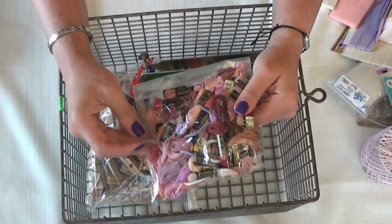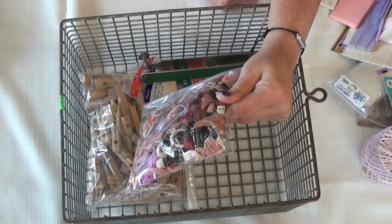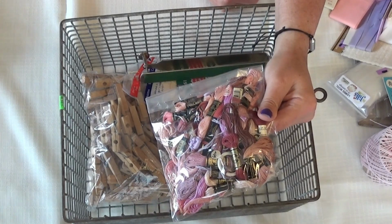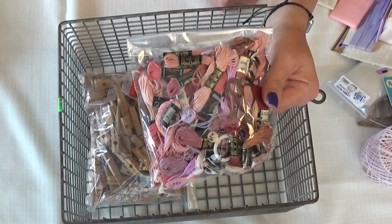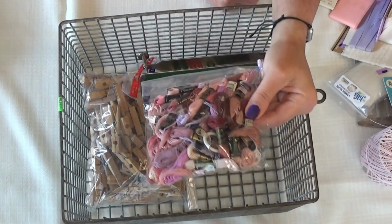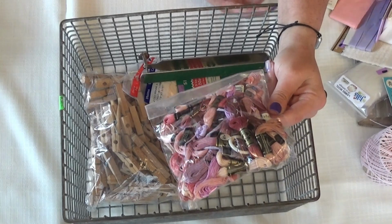I like the color of this one, and as I mentioned with the fabric bundles, I've noticed that whenever they get embroidery floss and different skeins, different brands, whether it's pearl cotton or variegated or just solid like most of these, actually I think all of these are solid, they will put them in bundles like this, and they typically will put them in like colors,